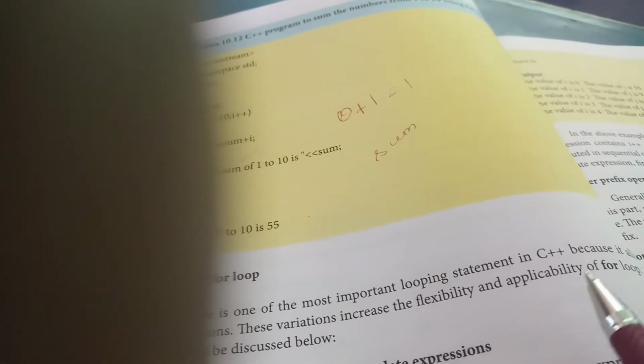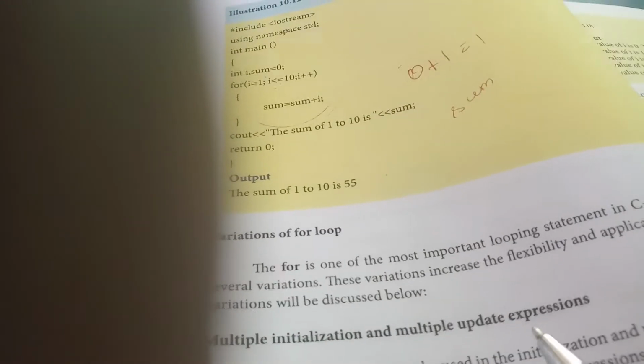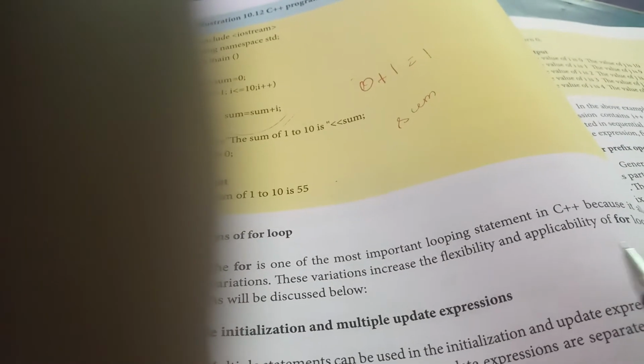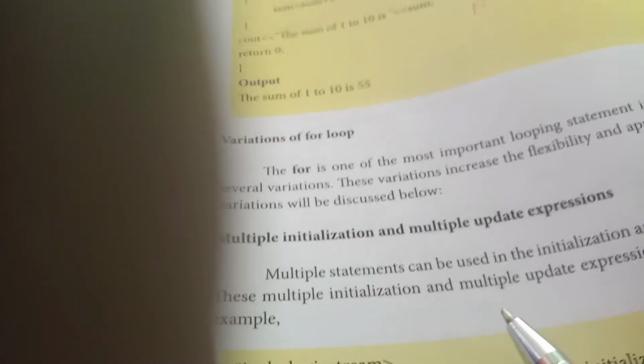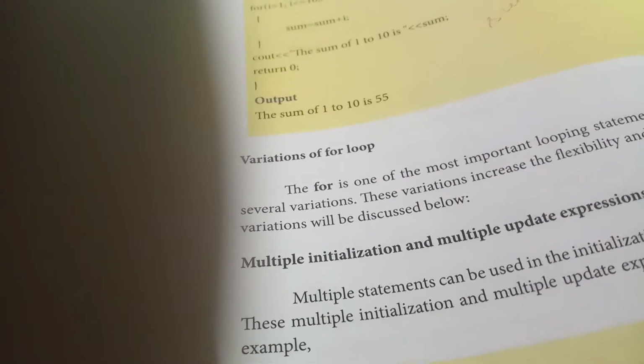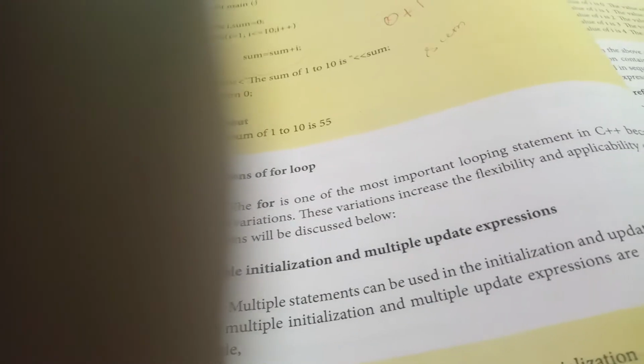What are the variations of the loop? The for loop is one of the most important looping statements in C++ because it has several variations. These variations increase the flexibility and applicability of the for loop, so the variations must be discussed. First is multiple initialization and multiple update expressions in the for statement. Multiple statements can be used in the initialization